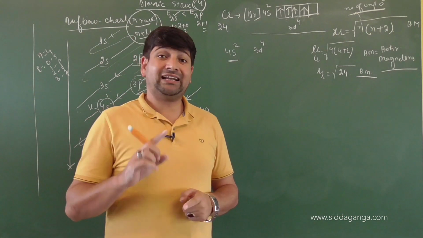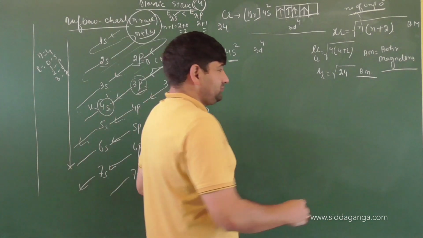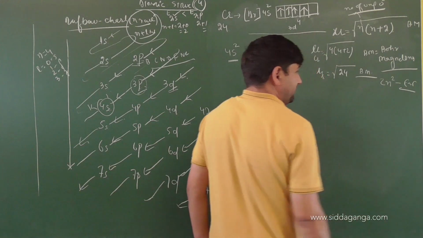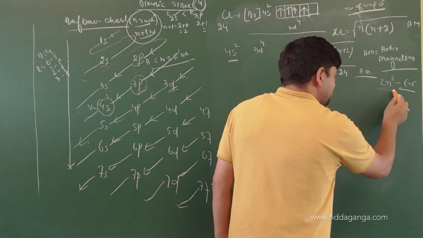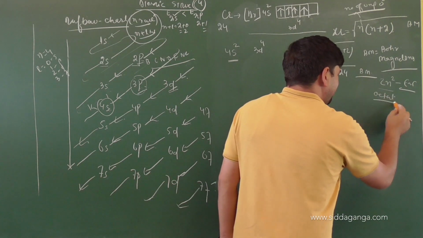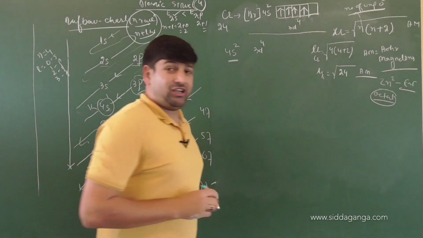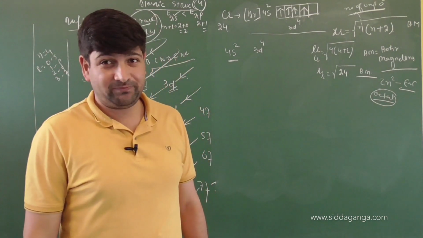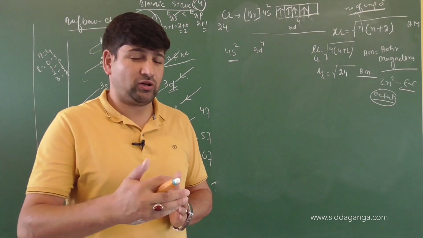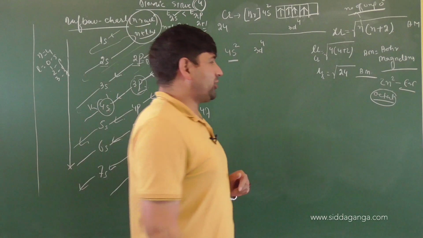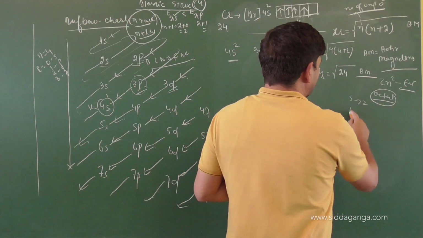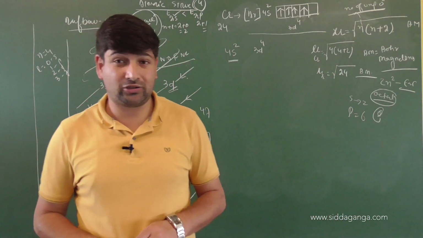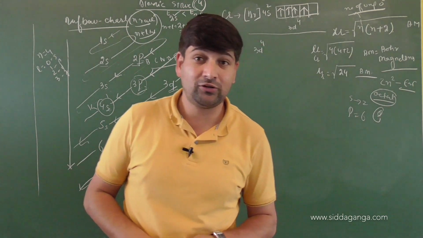So the first rule is that an atom is stable by 2n square. If an atom has 2n square number of electrons, it's extremely stable and reaction is not possible with these atoms at all. Then the second rule which we say is octet, which is condition based. If the outermost electron is going in s and p, like for p block elements, the valence shell remains the same. That's the principal quantum number for s and p remains the same. s can accommodate 2 electrons and p can accommodate 6 electrons, total 8. Octet stability is applicable only when the outermost electron is going in s and p, not always.